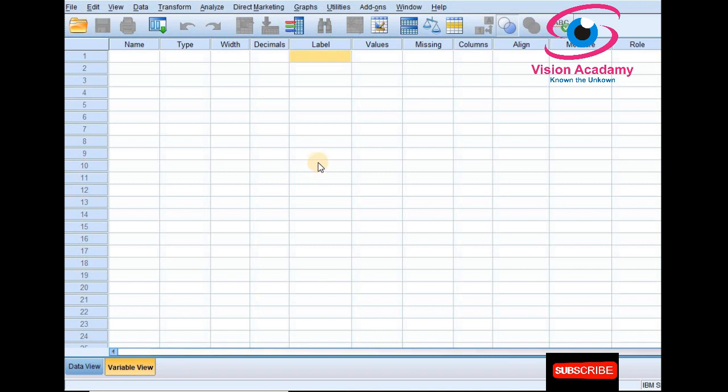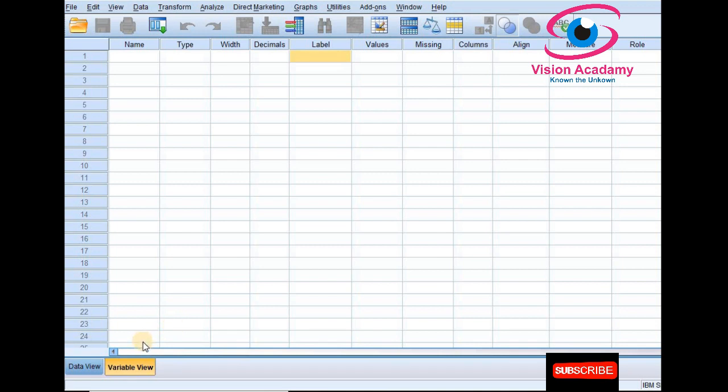After installing the software on your laptop, click on the icon of SPSS software. When you click on it, the page will open like this. You should not go to this icon once you open the SPSS software, because to analyze data you need these instruments, but first of all we need to learn how to enter data and create a file in SPSS.